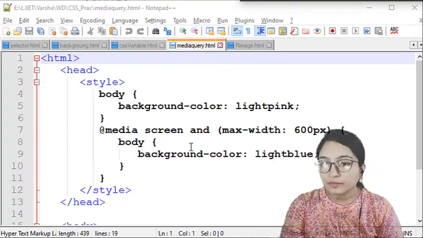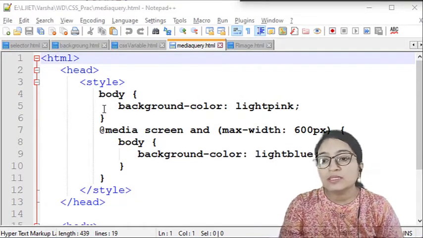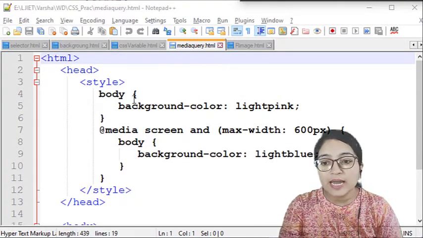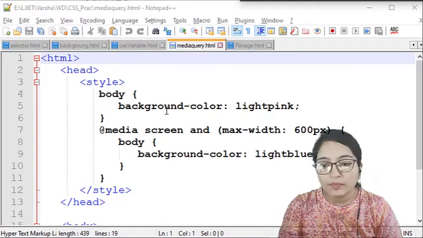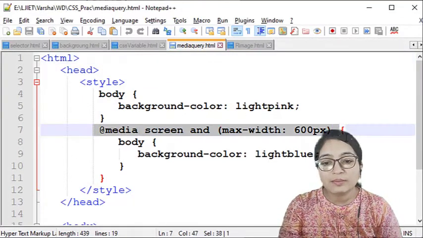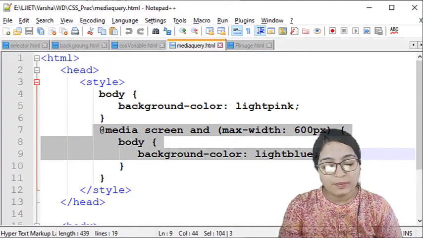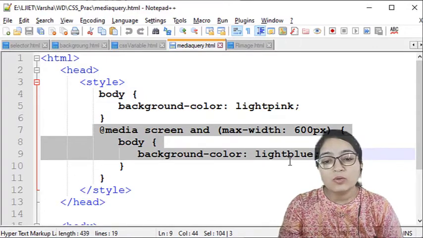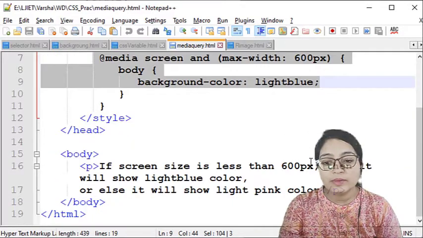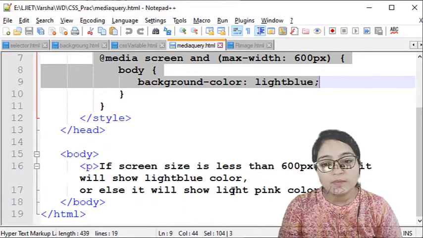Okay. So here you can see this is the media query that we have seen in the slide. Over here the body background color is light pink, and here we have defined the media query: media screen and max-width 600 pixels, body background color light blue. So if the screen size is less than 600 pixels, then it will show the light blue color, otherwise it will show the pink color.